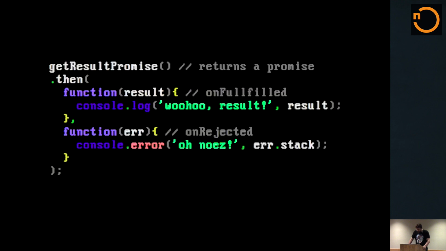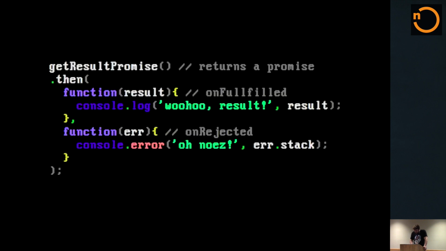All right, so then takes in 2 callbacks. The first one is one that will take in your resultant value, like, if we're talking about Node callbacks, the second value. And the second function would be like the first parameter, so more of your error object. So only one of these will ever get called, because again, we're dealing with the state machine. It's only going to be either in the fulfilled or the rejected state.